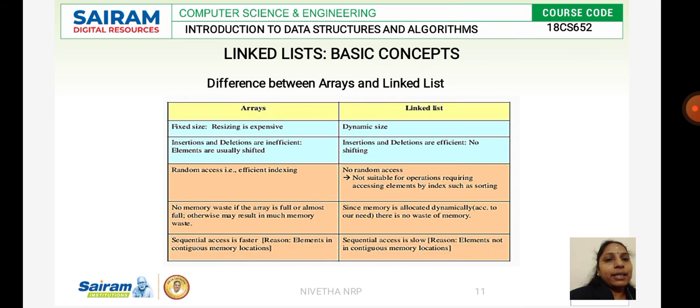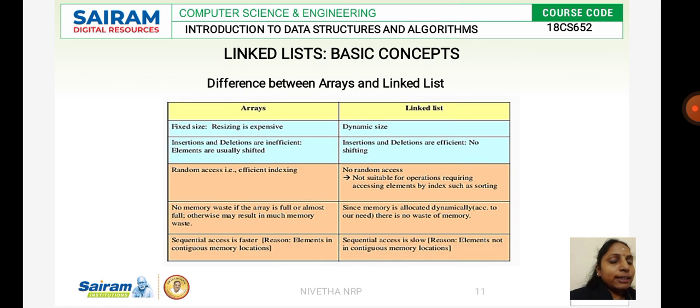To implement the array is easier since it follows random access by using the indexing concept. Whereas in a linked list, I have two fields, one for the data field and the other for the pointer field. So the implementation is tough compared to that of arrays.